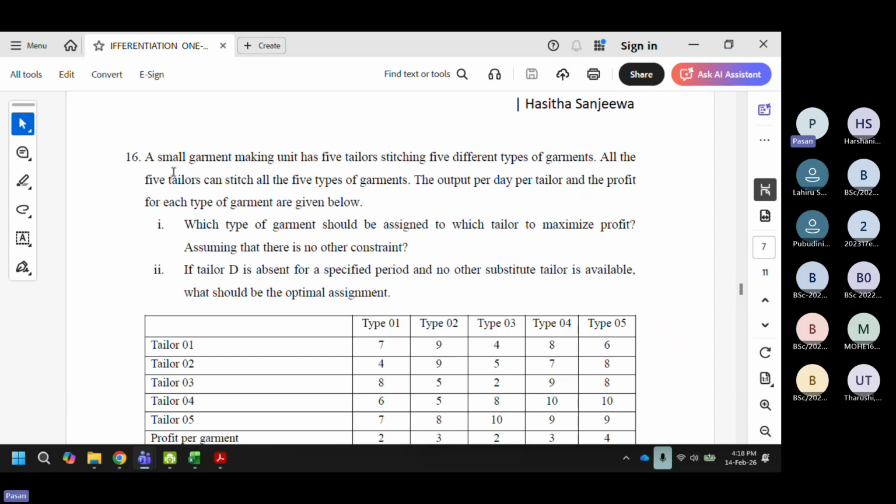So they are looking at that garment factory, right? So they have five tailors and five different types of garments, right? So they are in a situation like that. All five tailors are capable of making all five types of garments, right? But then what happens is that